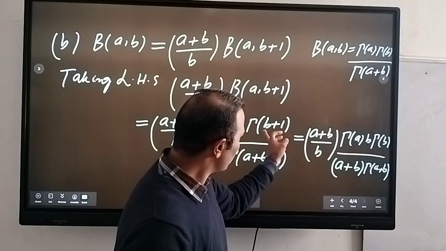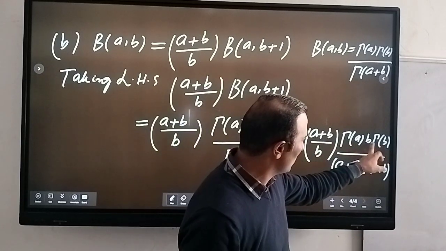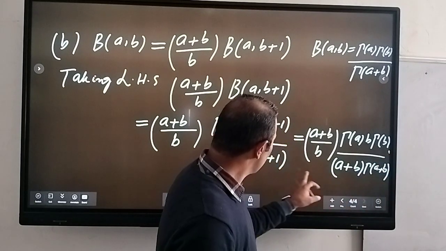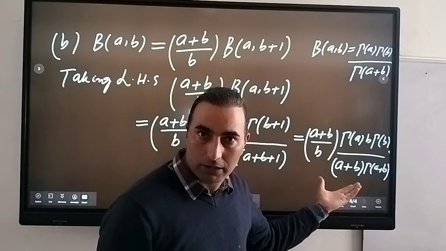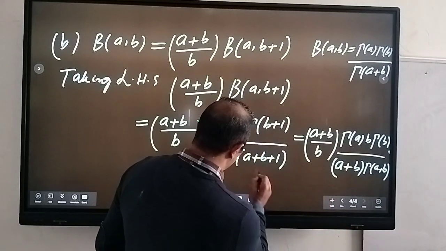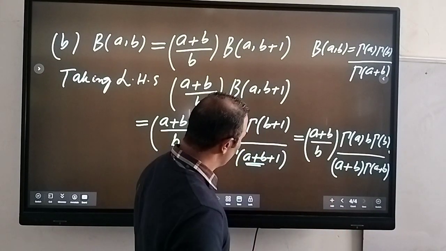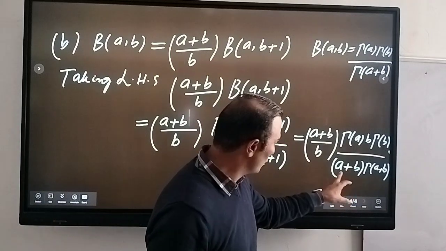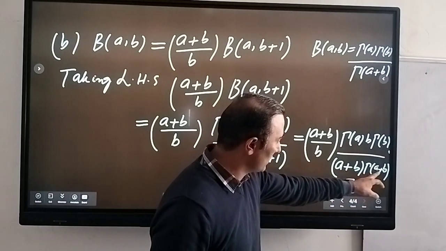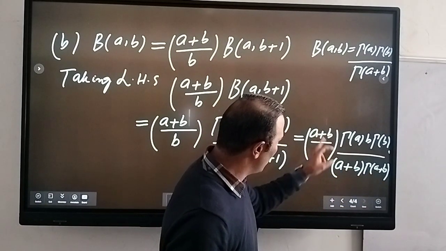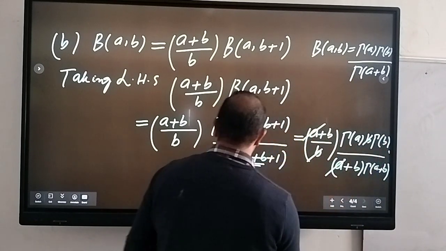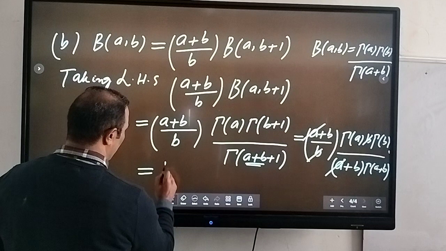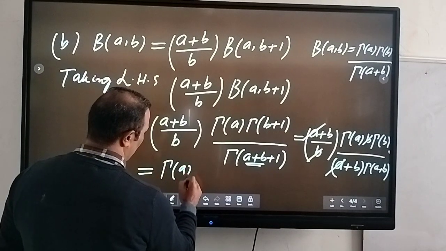Because this is gamma b plus 1, this will be b gamma b. And similarly in the denominator, as I did in the first identity, we again choose this to be our z, so gamma of z plus 1 is z gamma z, where z is our a plus b, gamma of a plus b. Now this a plus b on this side and the a plus b cancel, and this b and this b cancel. So we can rewrite this as,